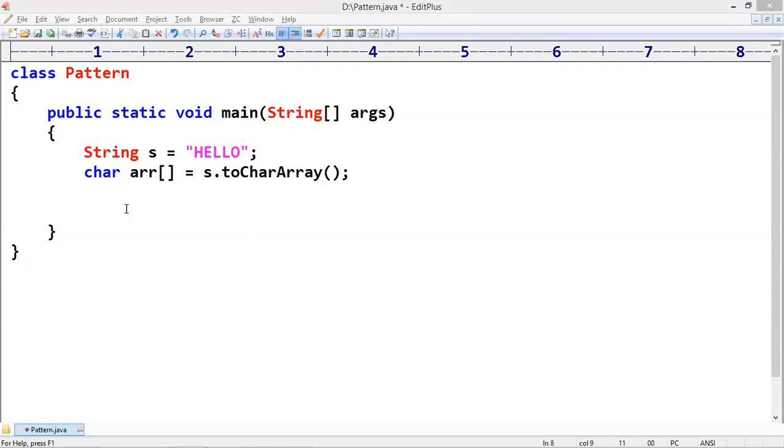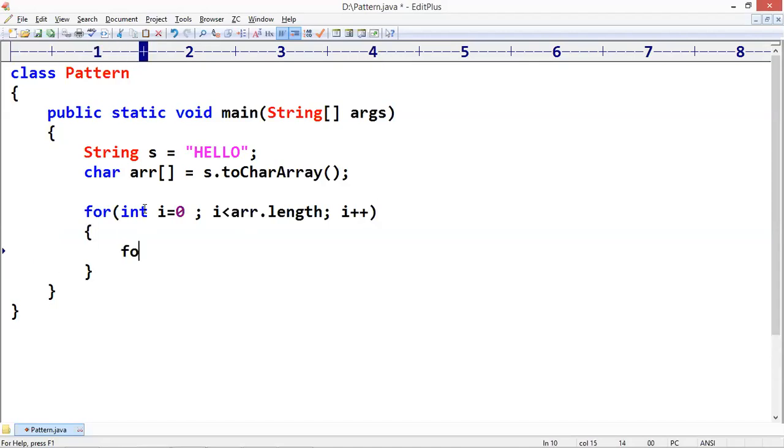Yeah, perfect. The length, right? Index starts from 0 to length: for i less than arr.length, i plus plus.